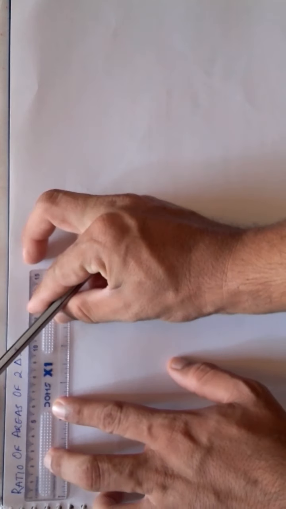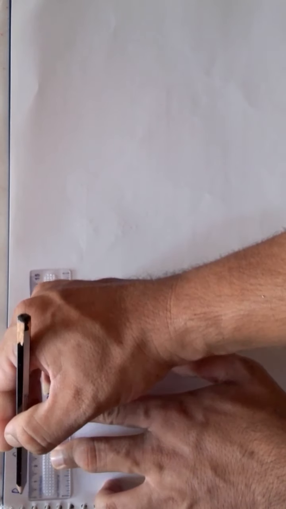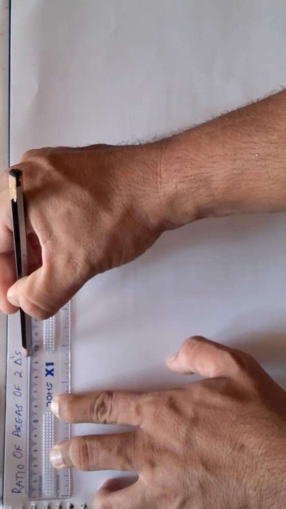Welcome back. Now we have completed the basic concept of similarity, which comprised the definition and even the test. Now we will actually see how this similarity will be useful for us. You may already be thinking, we have already talked about the ratio of areas of two triangles, right?